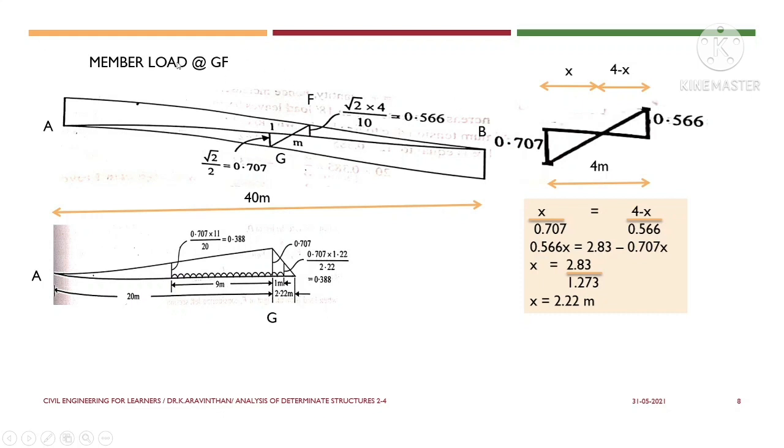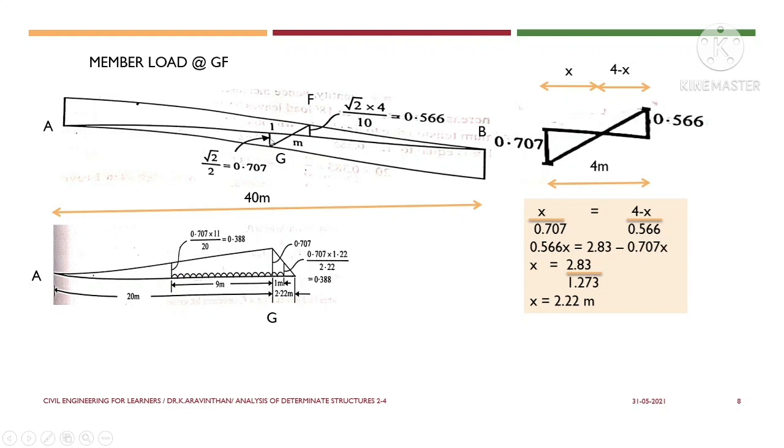And for finding the member load GF, that is at the region, let us take the influence line into two halves. This is one half of the influence line, that is M, G, A. And let us take another half as M, F, B. So this will be another half of the influence line. So in order to find GF, let us take G, M, A, G. So let us take this influence line pattern, and this is how it will look like. So this is at the point of M and G and A.